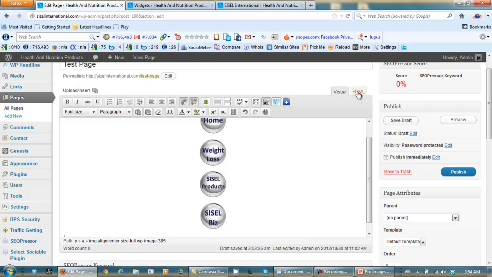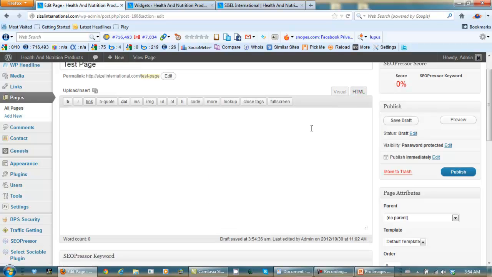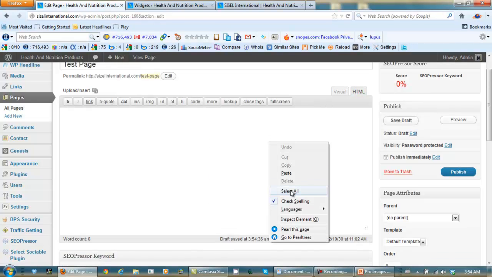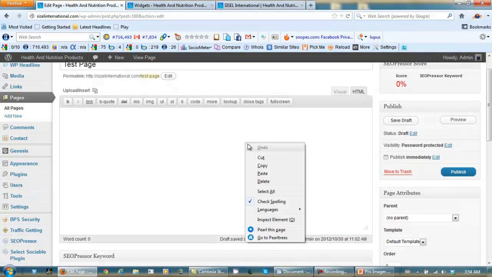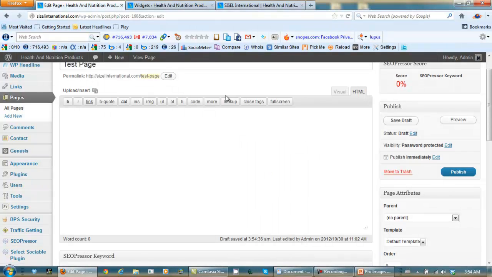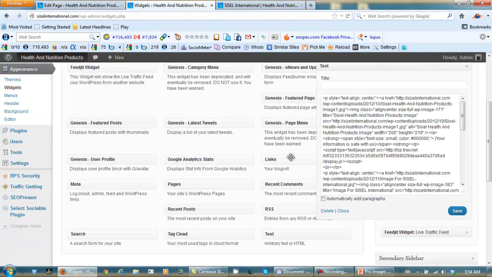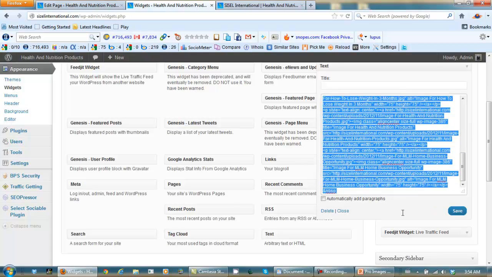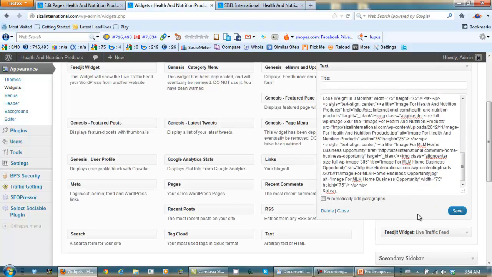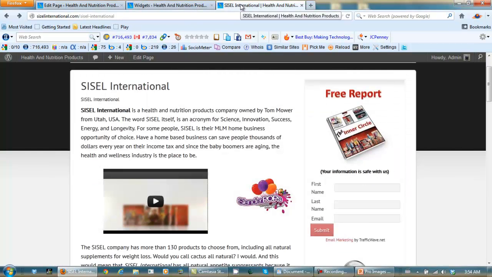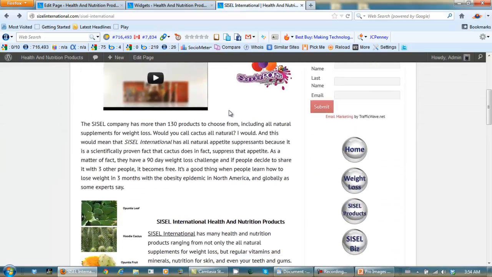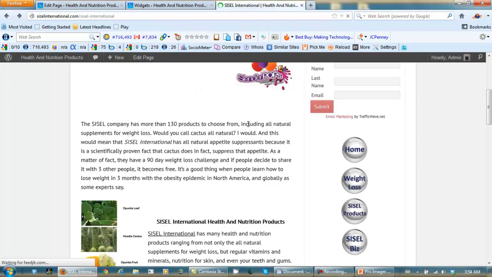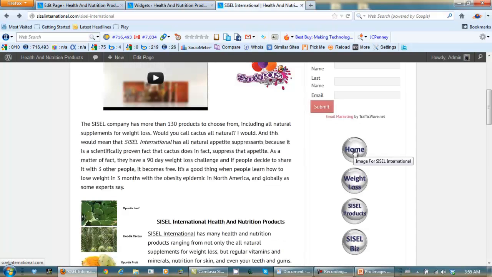So we go back to HTML and we select all. We pick up our invisible text, copy it, back to our widgets, after the break, paste it, save. Now when we go to any page, actually let's refresh this. This should pop open and take us to the home page,